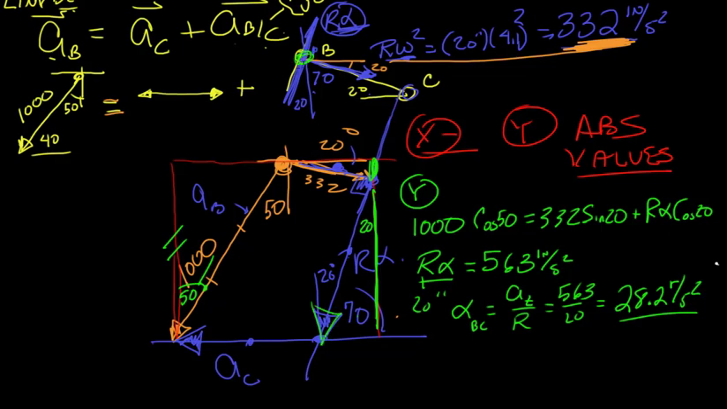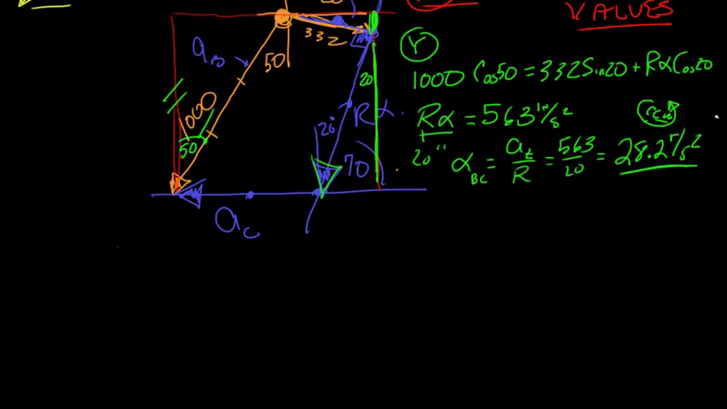So look at our link up here. This is down, our alpha. And therefore, that's the direction of alpha at that instant. So that's going to be counterclockwise for that. In the x direction, we have this leg right here, which is 1,000